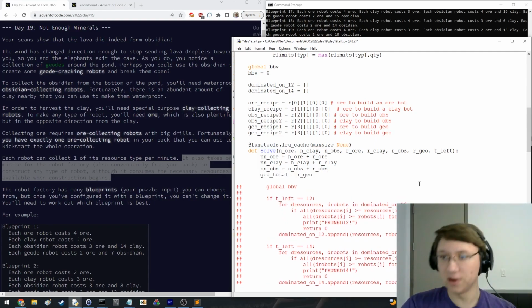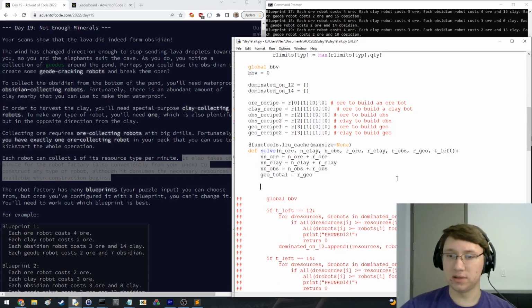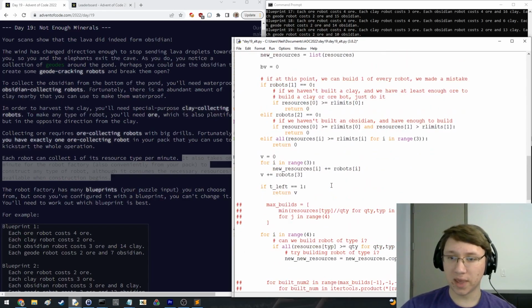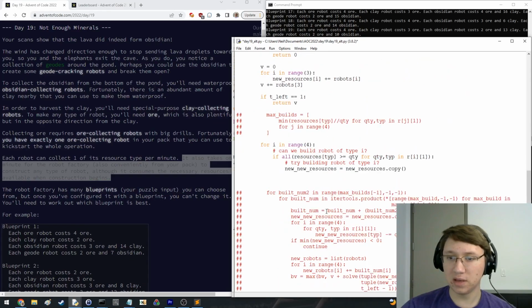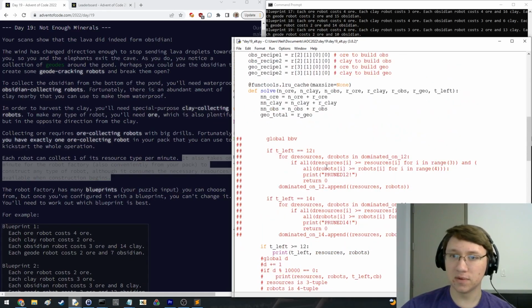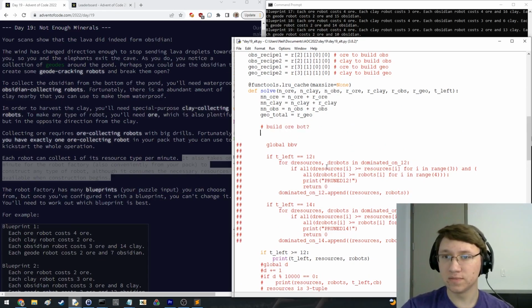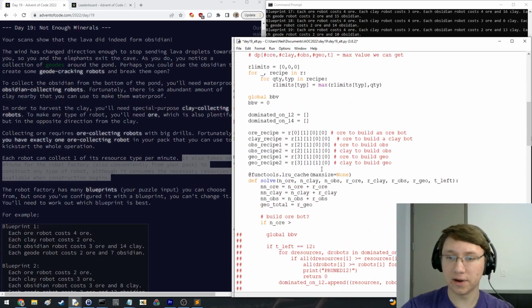We're just going to make RGO right away. And now we have the ability to contemplate if we want to build each robot type. So first, build ore bot if an ore greater than or equal to ore recipe